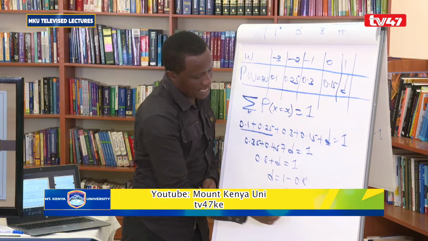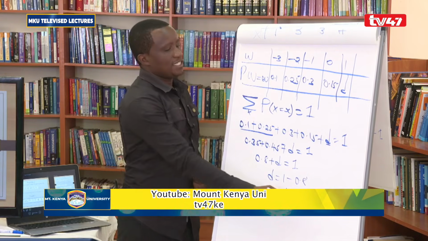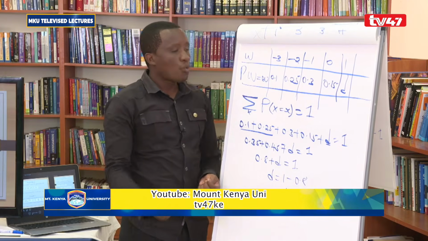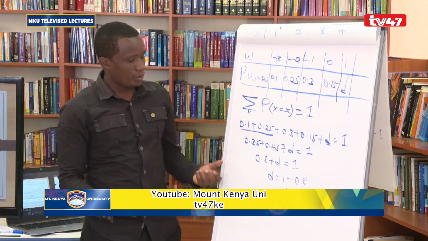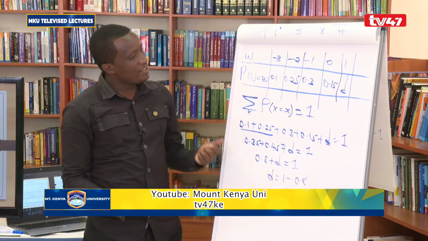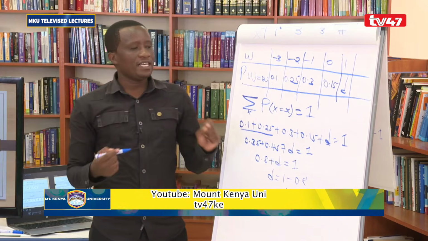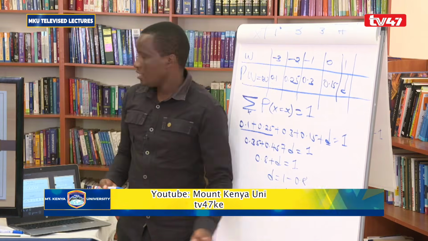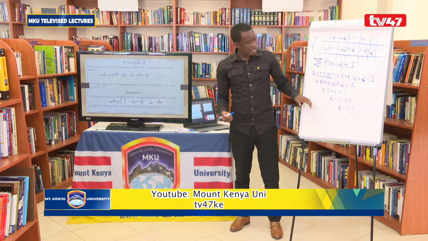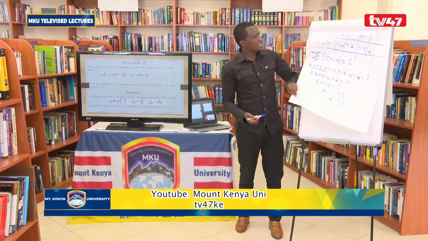And we can see clearly that since D is 0.2, it qualifies for the properties of probability. We've said that the probability of any given case, as you can see from these ones, must be in the interval 0, 1. So since this is in the interval 0, 1,